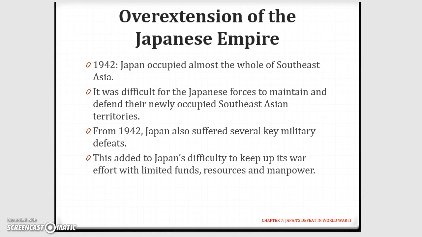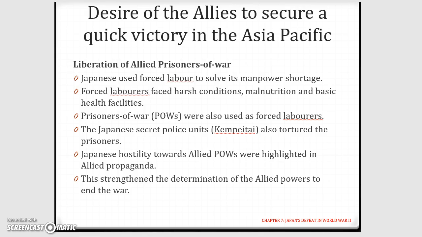So that's the second factor. The third factor is the desire of the Allies to secure a quick victory in the Asia Pacific. Now, Japan used forced labor to solve its